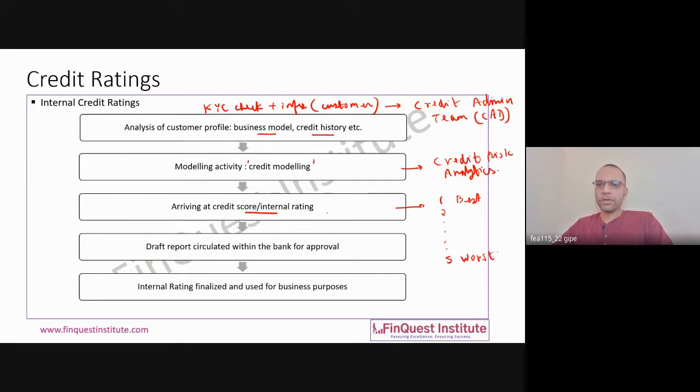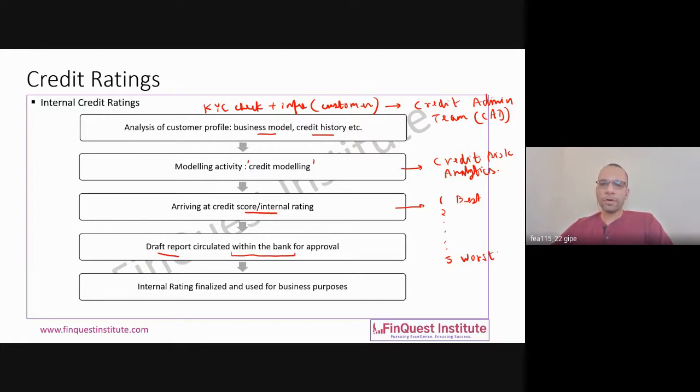So based on this rating scale, the bank is going to assign ratings for every borrower which is coming to them. So that way they know what kind of risk every borrower is contributing. That's what we call an internal credit score or a credit rating. Now, once this internal score or rating is created, again, a draft report is prepared, which is circulated within